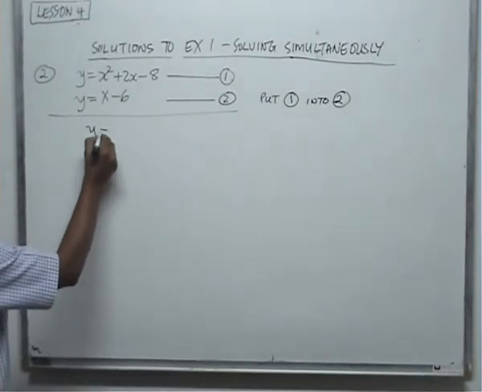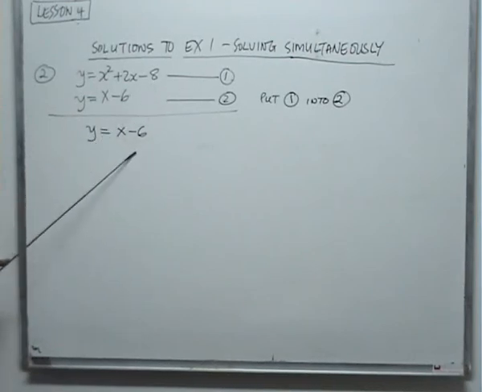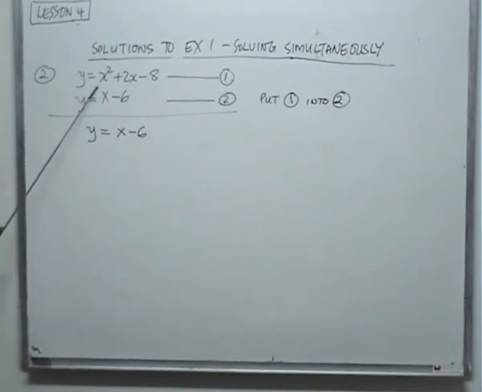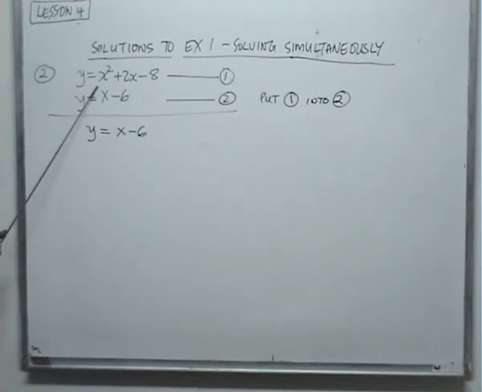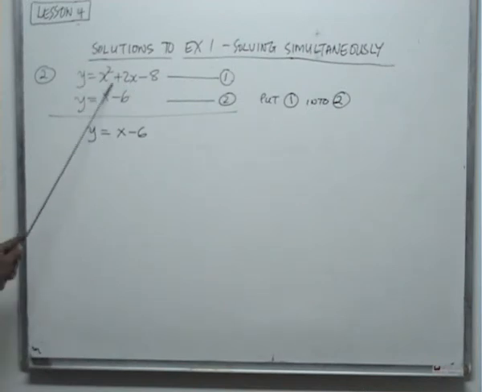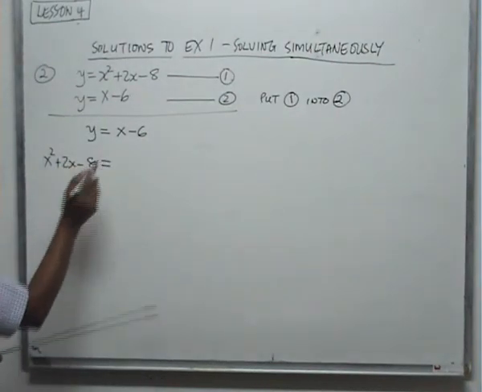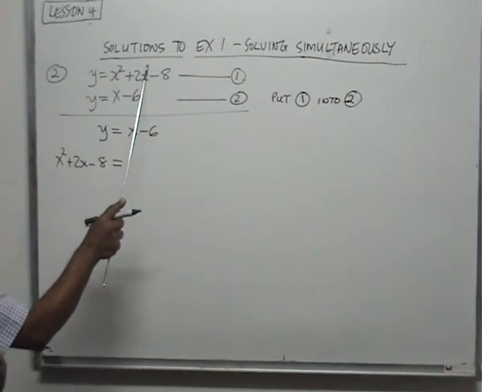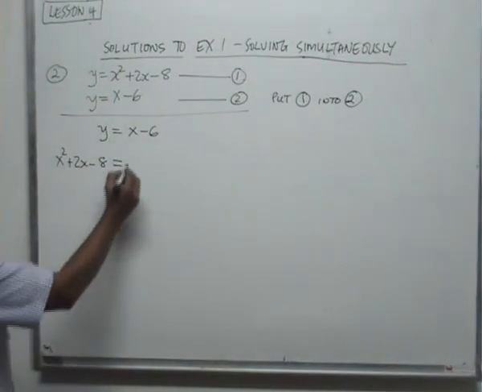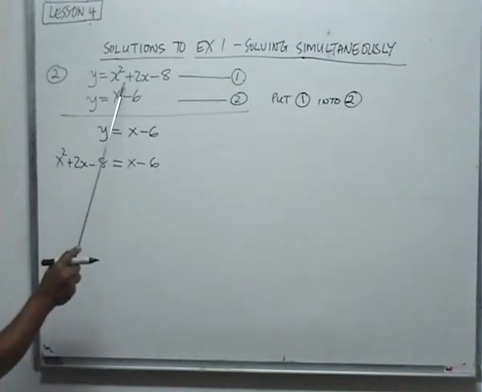So there's 2. Now you're going to put 1 into 2. You can see that y is that. So it actually saves you some work. Y can be replaced by x squared plus 2x minus 8. You see, y can be replaced by that. Because now I'm putting 1 into 2. And there's your x minus 6. In fact, it is smarter to do this because there's less work now. So I put 1